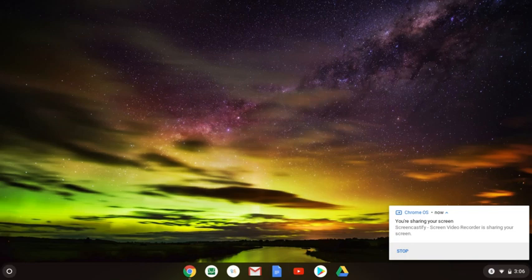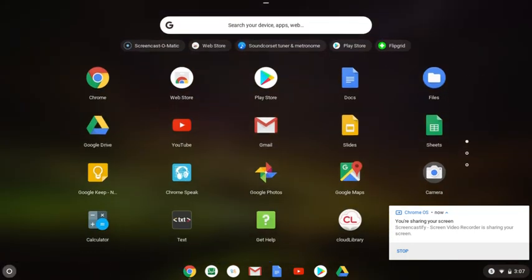Hey, this is a quick tutorial on how to use the app Screencast-O-Matic on your Chromebook. First thing that you need is to have Screencast-O-Matic, so you'll want to swipe up from the shelf and find